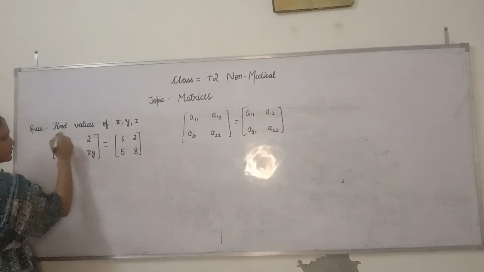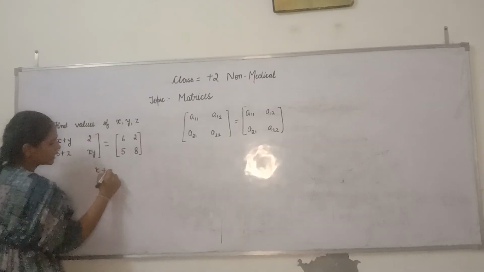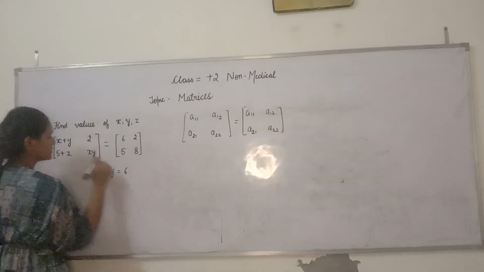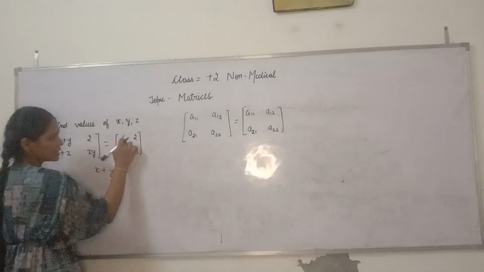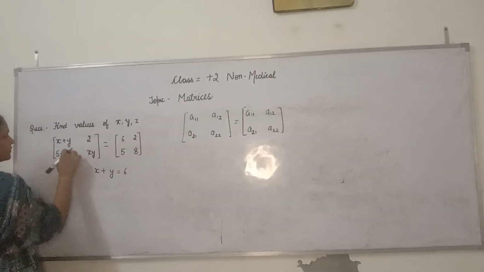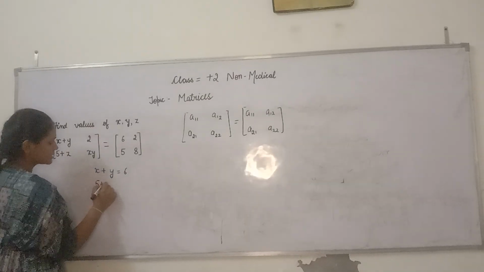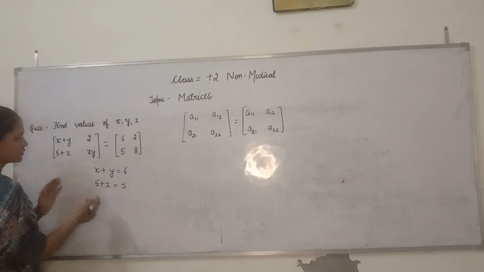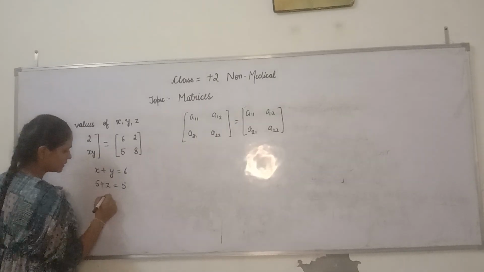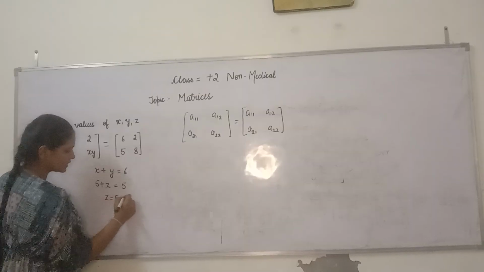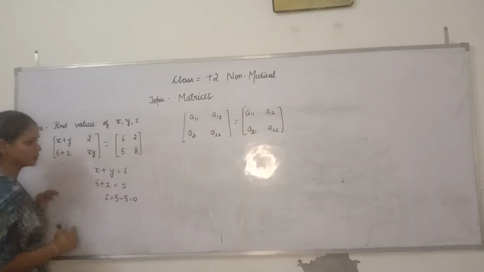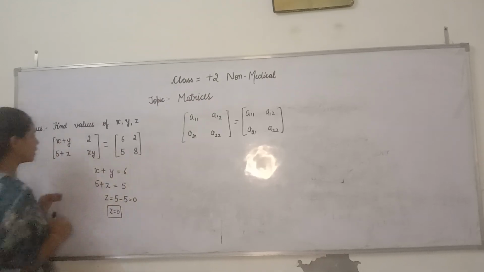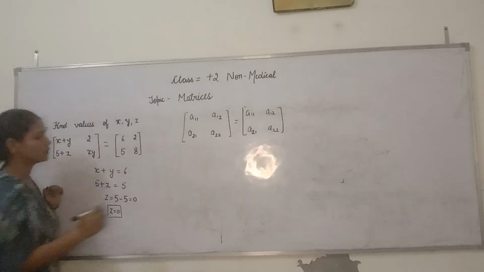So first, A11 is given to be x plus y, which is given to be 6. This number should be equal to 6, and this 5 plus z is given to be equal to 5. So here you can easily calculate the value of z, that is 5 minus 5, which is equal to 0. We have already calculated the value of z. Now xy is equal to